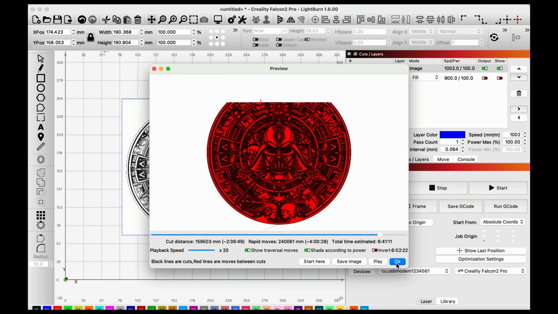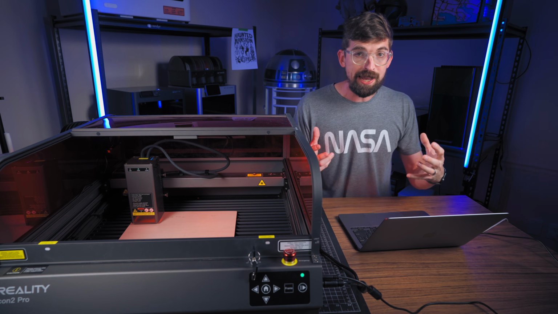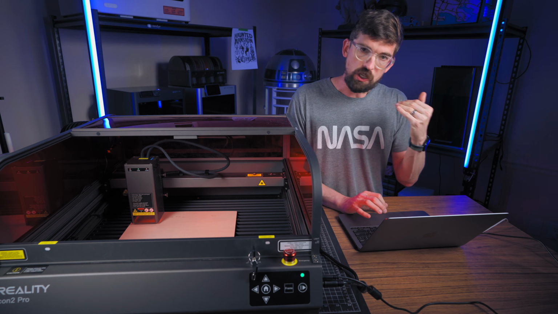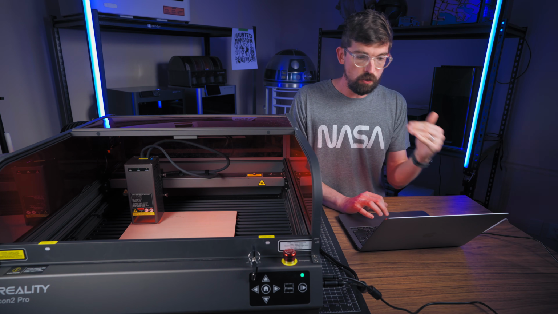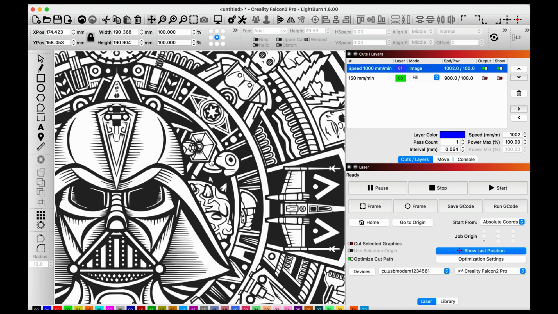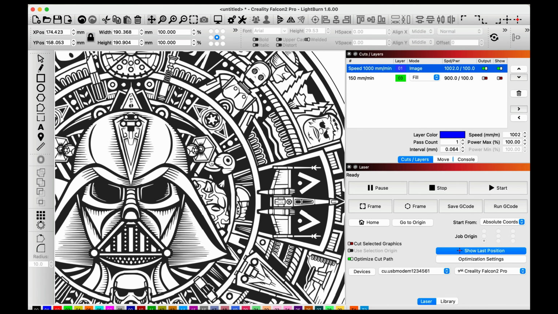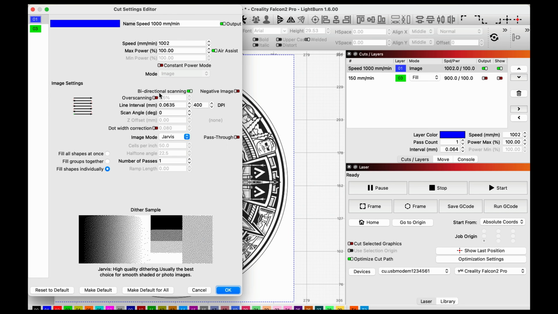the same process. But while it looks the same here, the math behind what the laser is doing is a good bit different than a vector. With a vector, it knows either the laser needs to be on or off. And this one is kind of hard to tell because we really only have two colors, so a white or a black. I'll show you like a grayscale image here in a second, because there's actually different ways that you